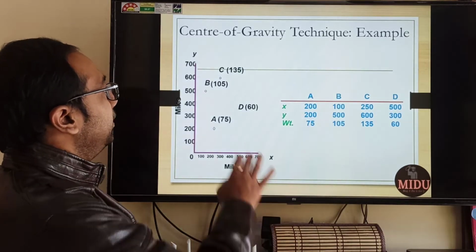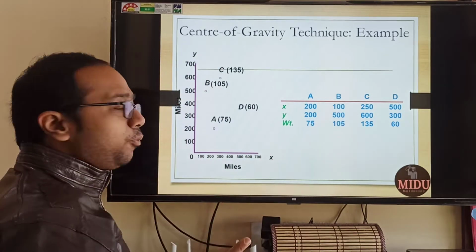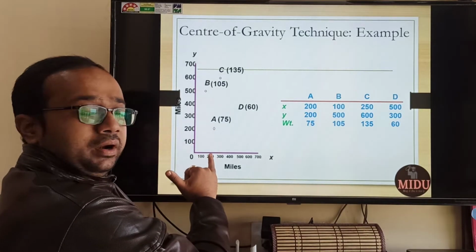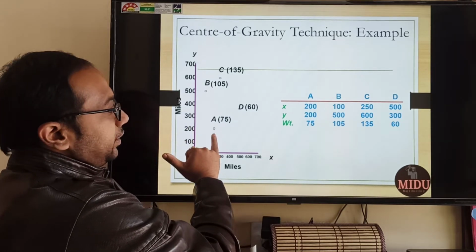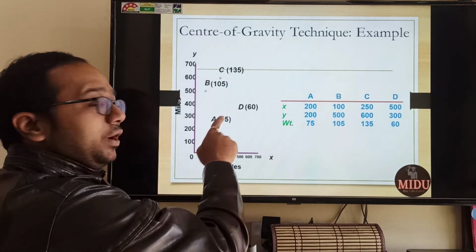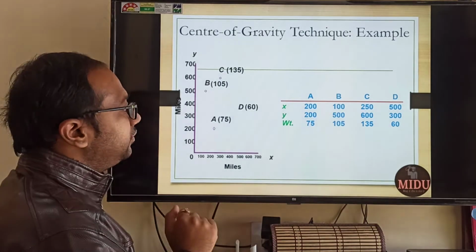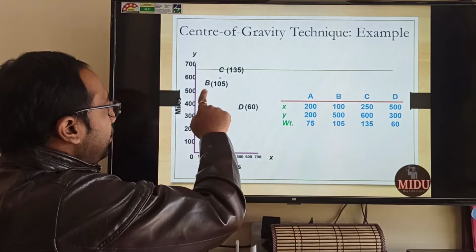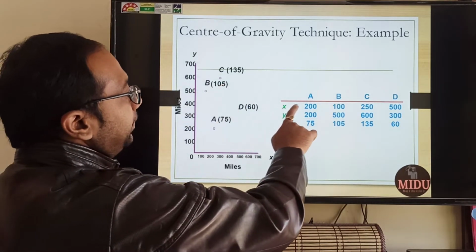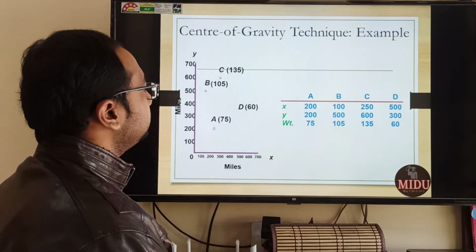Now let us see this example. This is the familiar Cartesian system, XY axis. So how to read a point? For example, if you have to read point A, on the X axis it is 200. On the y-axis it is 200, correct? If you see in brackets, it is giving the weight of each point, and through the graph we can know the coordinates. So let us plot point B, and you can see the example. Point B is on the x-axis 100, y-axis 500, weight is 105. So it will be 100, 500, 105. Like this we will have coordinates for each point.